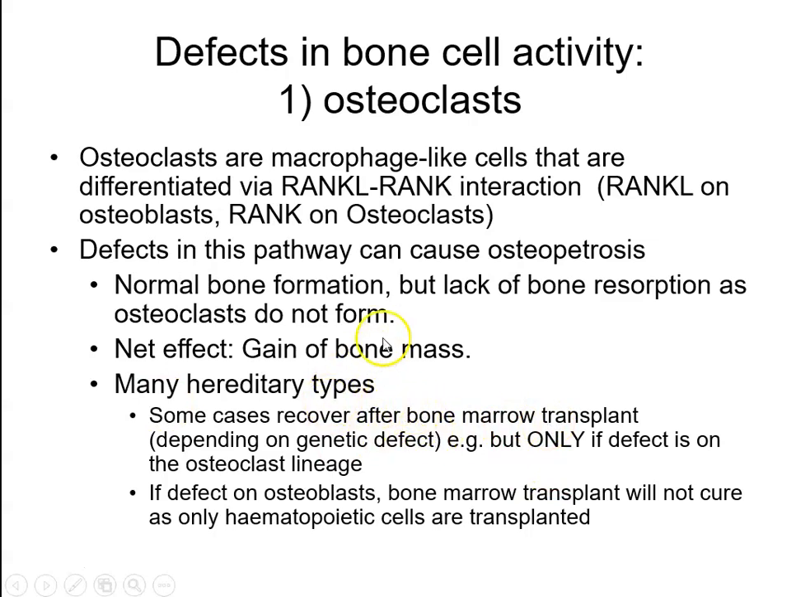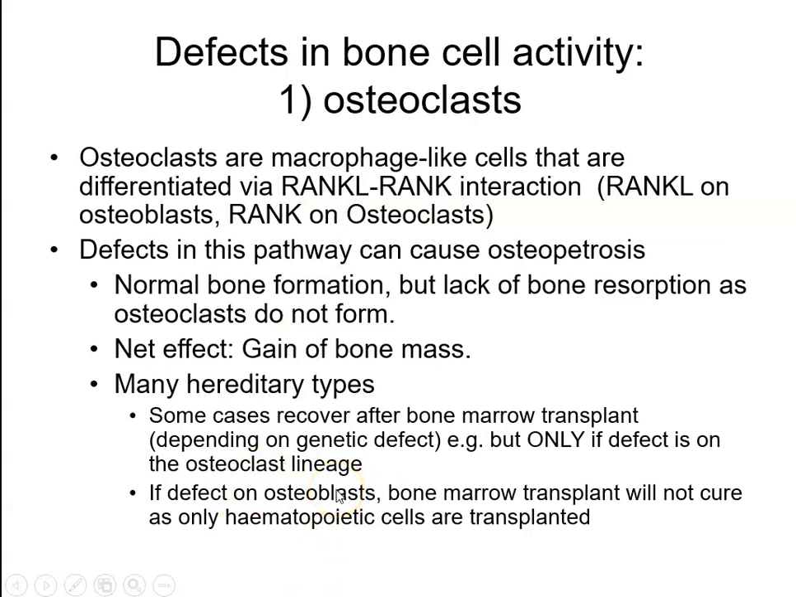So it's really important to know whether osteopetrosis is caused by a defect on RANK on the osteoclasts or RANK ligand on the osteoblasts. If RANK on the osteoclasts is defective, then a bone marrow transplant, which will replace the patient's entire haematopoietic system, would be a treatment for this particular disease. However, if the defect is on RANK ligand,